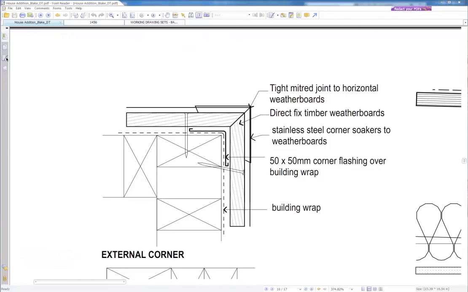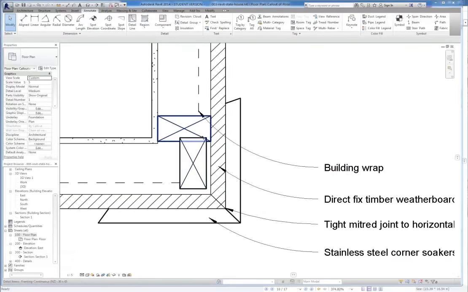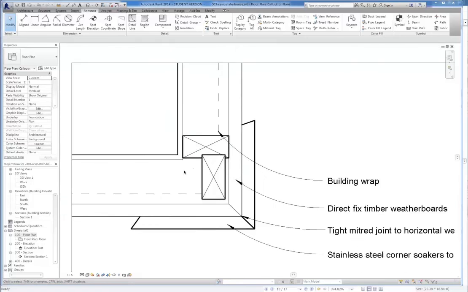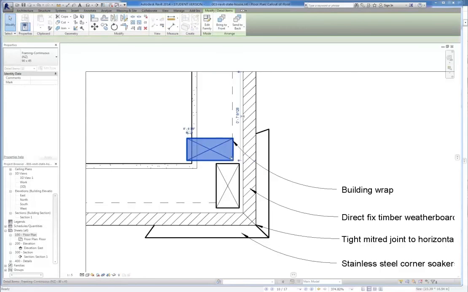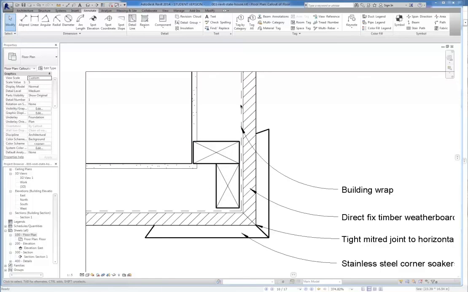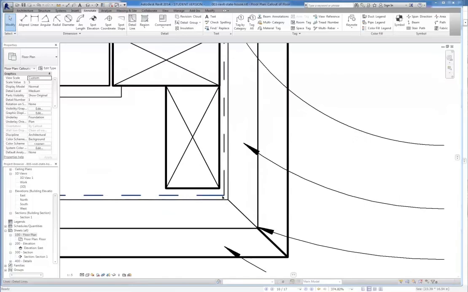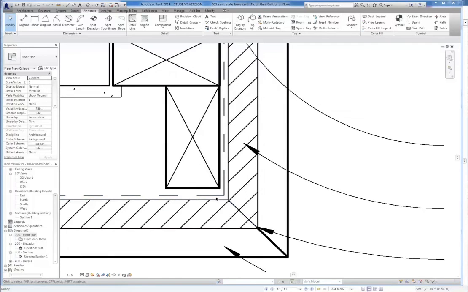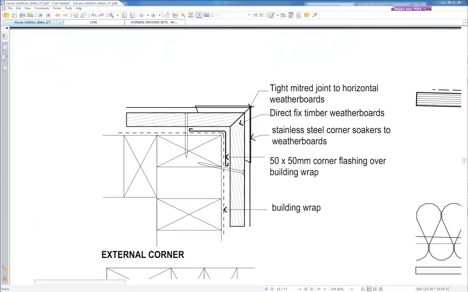I'll see if I can do a curved corner as well. So it's sort of like that, and then this here is sort of like that. So cool. I want to make this building wrap have a little curved corner. If I zoom in, it's sort of straight, which makes it look like it's a structural thing or something. But you can see in Gene's one, it's sort of curvy, so it makes it look like it's wrapping around,